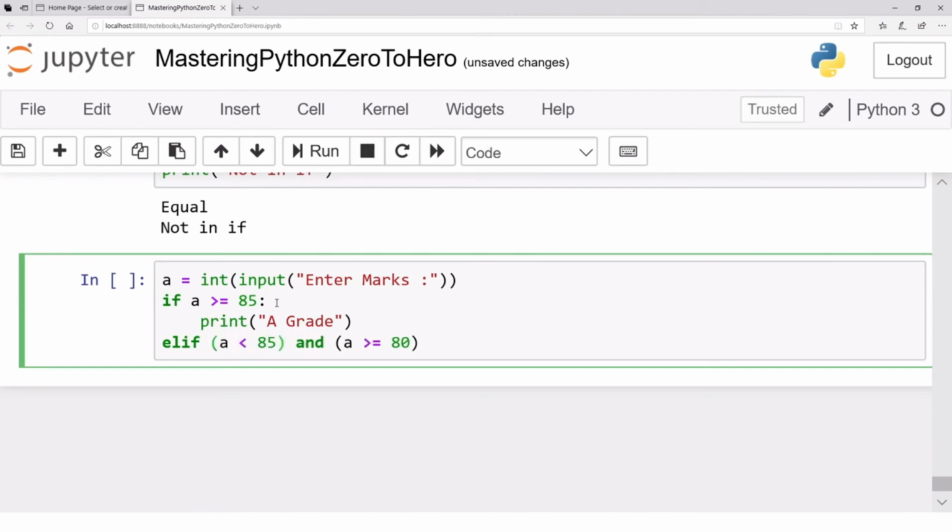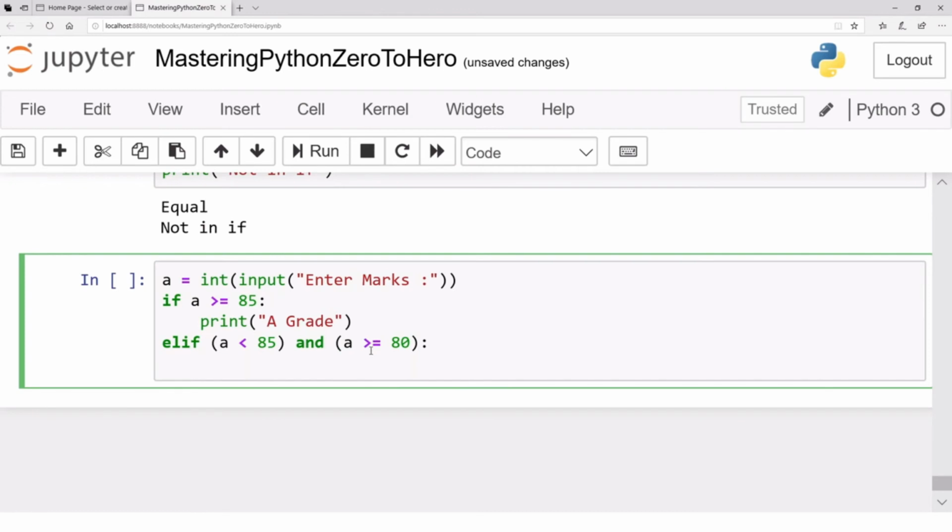So for example, if A is smaller than 85 and A is larger than 80, if that is true, so remember, and is true only when the left side and right side both are true, then this whole condition becomes true. And I promised you that I will show you the power of comparisons and combining Boolean variables using ands and ors. So here you're seeing the one. In that case, let's say print,